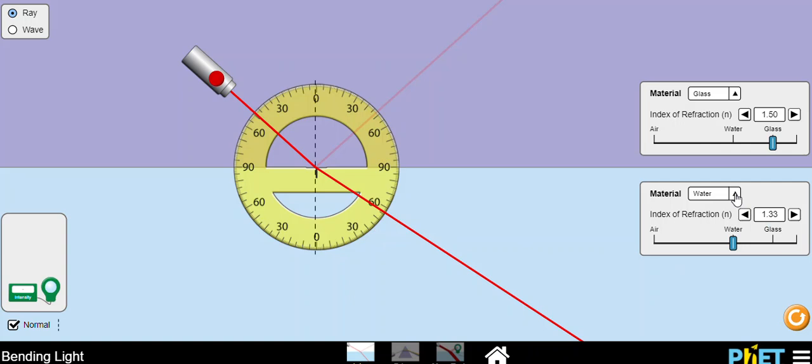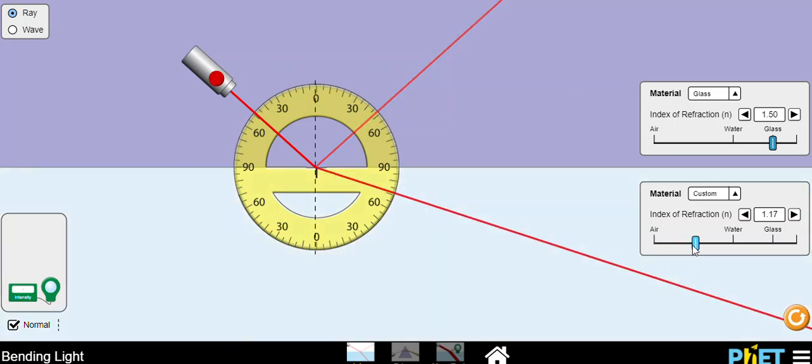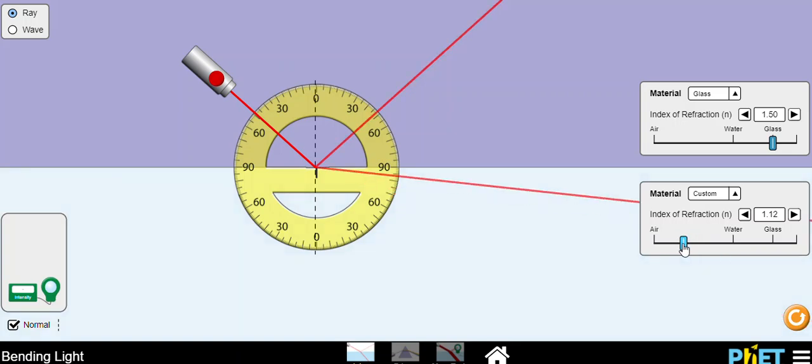If I decrease even more the material 2's index of refraction, so I just convert this into air, well, this is now just pure reflection, so there is no refraction at all. I will just keep increasing this index, and there is a critical value of the index of refraction where we have